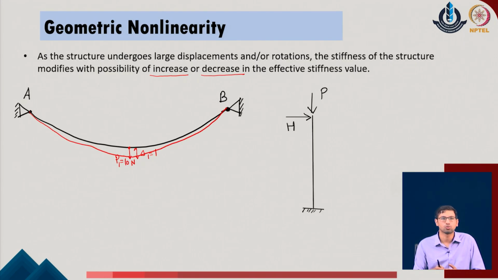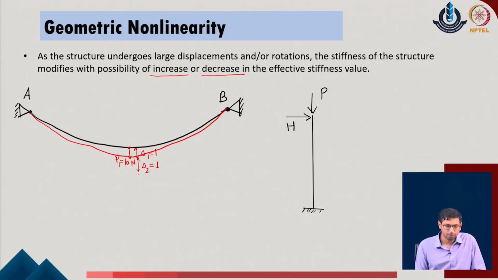So, this is the new shape the catenary will take. Of course, it will not be this much bent, but you can understand that the system will come down. As I want to further increase the displacement, I go with delta 2, with again a new increment of the same magnitude, 1 unit. So, what do we expect? Do we require a similar amount of force? Probably no. I need a little larger amount of force in the given system.